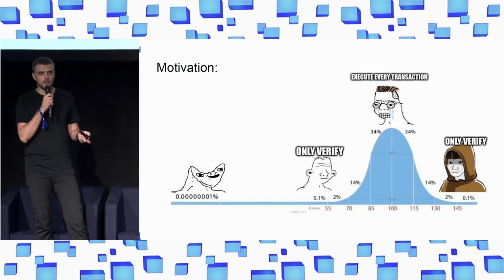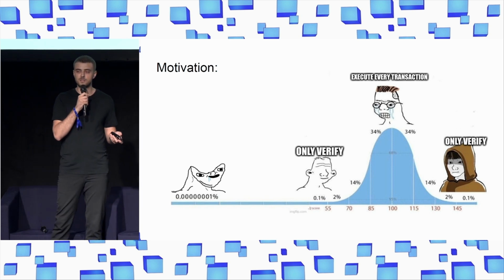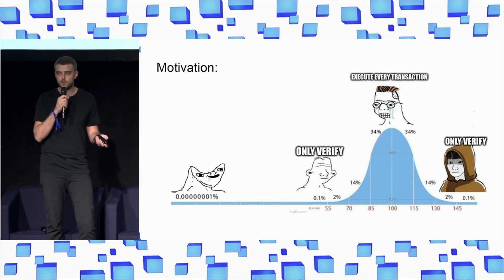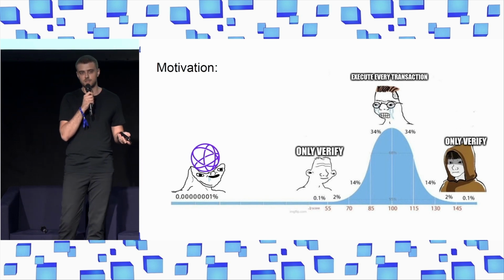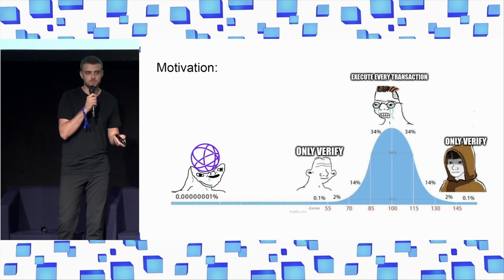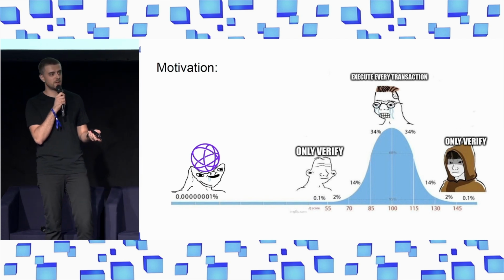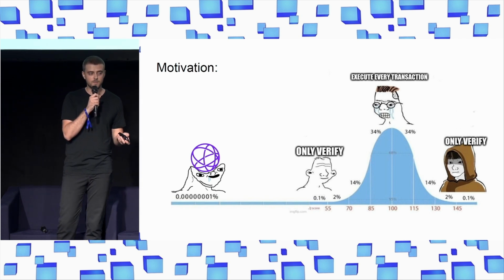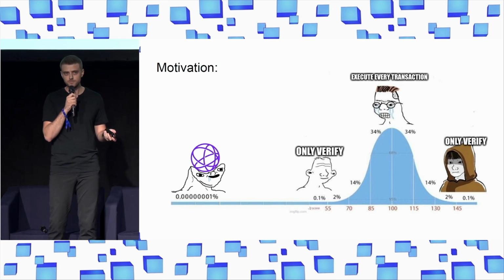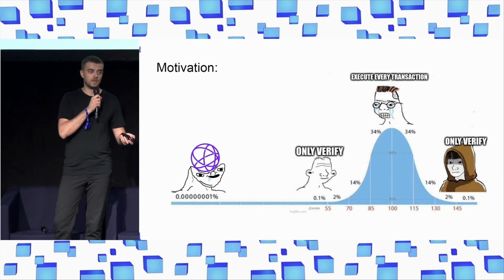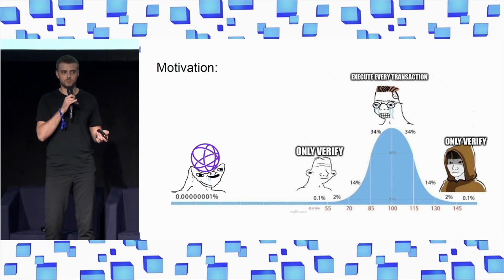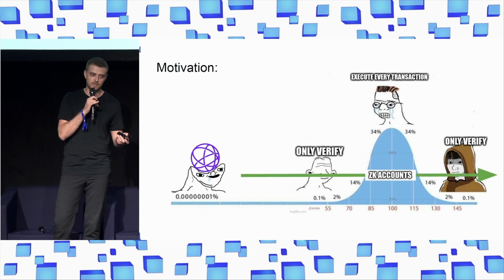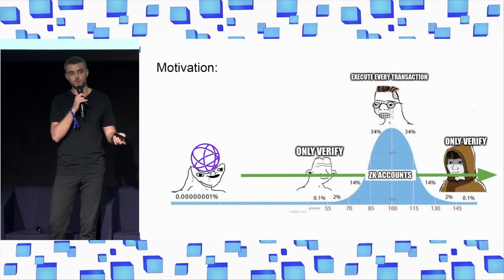And if you want to think about Celestia, you have to extend the graph, right? We are really on the far left because you can't do much on Celestia, right? You can transfer tokens, you can read and write blobs, and you can stake. That's really what there is to do. And what ZK accounts really enables is to have that left curve mindset, but really push towards the right.